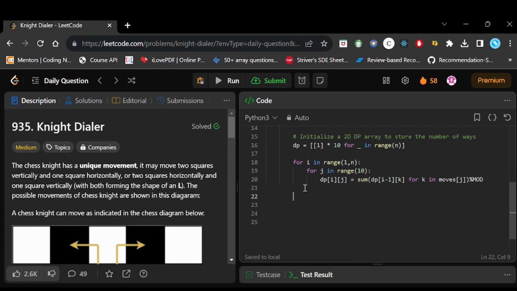What we have to do now is return the sum of dp till n minus 1. Since the value can be large, we have to return the mod. Let's run it.